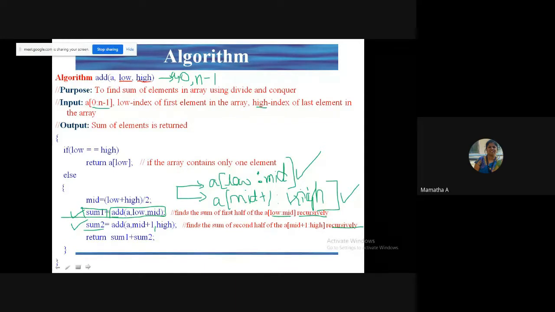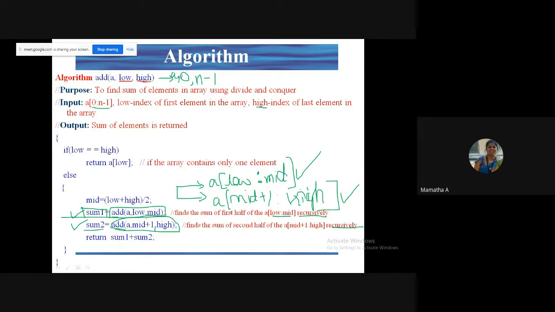This is how your recursive algorithm works. Now the next question comes, ma'am, how is this working? How do you get the sum? Since it is recursive, the task is easily handled by the compiler. But when you try to trace it out, you may not be very comfortable. Anyways, in further examples, you will have to trace it out. So at this point of time, I am not going for the tracing. I am just telling you it will find the sum of the solution of the first half and the second half. Whatever is the solution, it will give me.